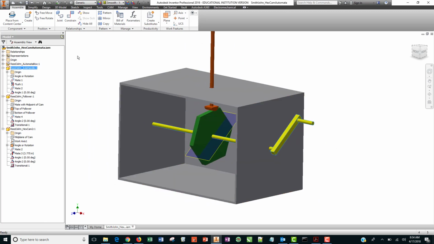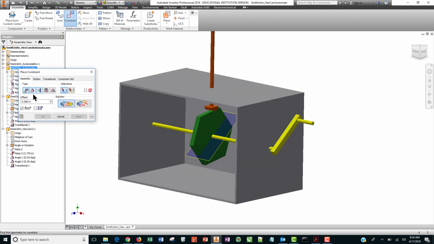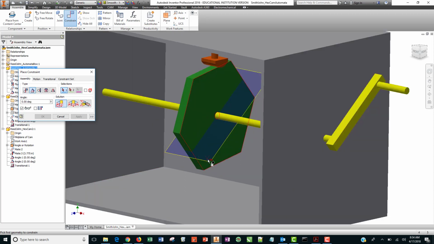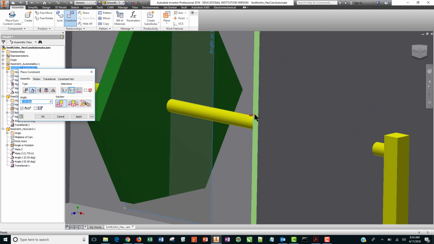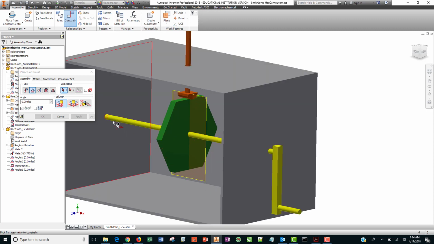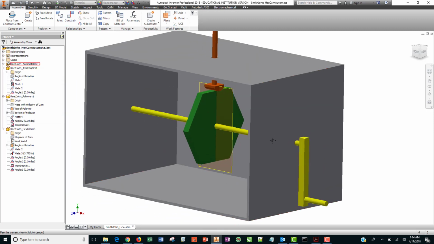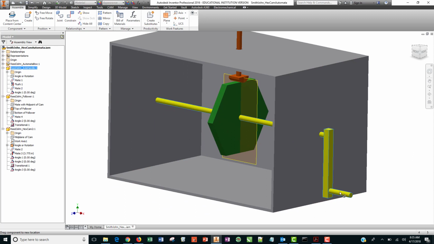We are going to create an angle constraint, a directed angle constraint, between the plane here, the work plane for the cam, and some exterior surface like that. And if we cancel there, then we find that we've lined those two things up, but unfortunately our system doesn't turn. If we do want to turn that, we can go to, I think it's this one down here, the